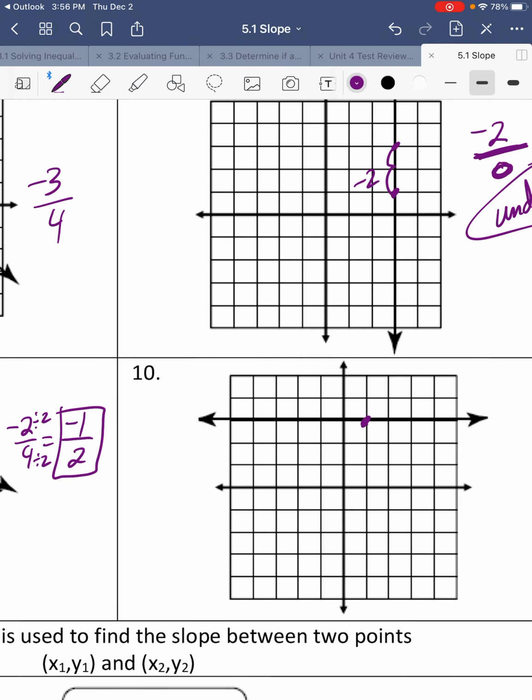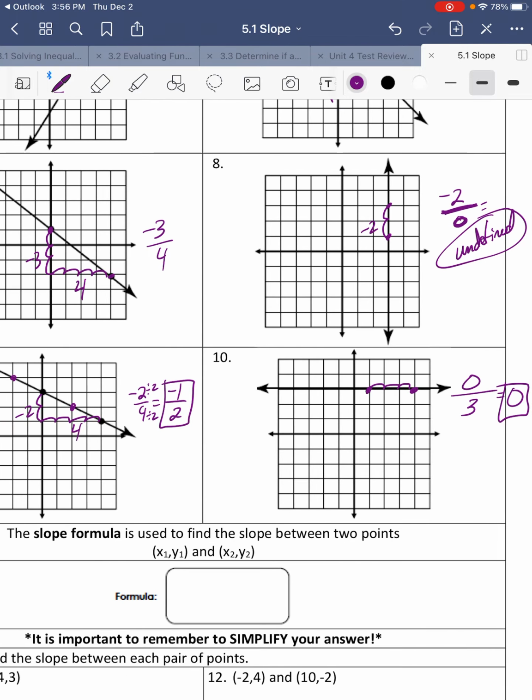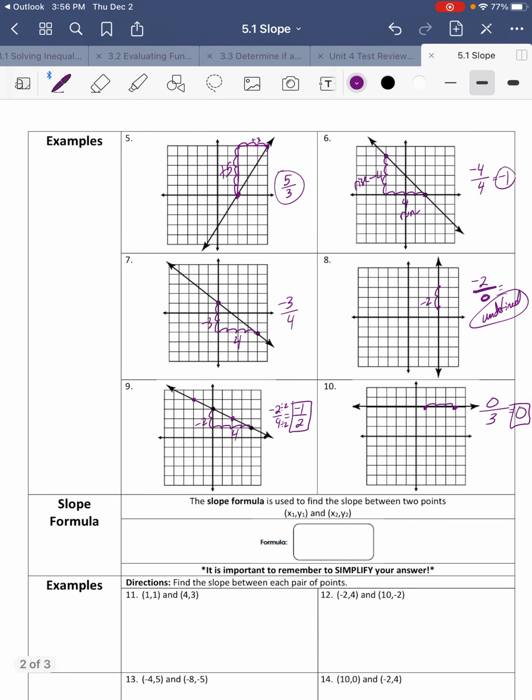Number 10. I just chose 2 points. Right 1, 2, 3. No up and down, so 0 rise, and went right 3. So 0 divided by 3 is 0. 0 is a number, so that works. All right, that is enough for